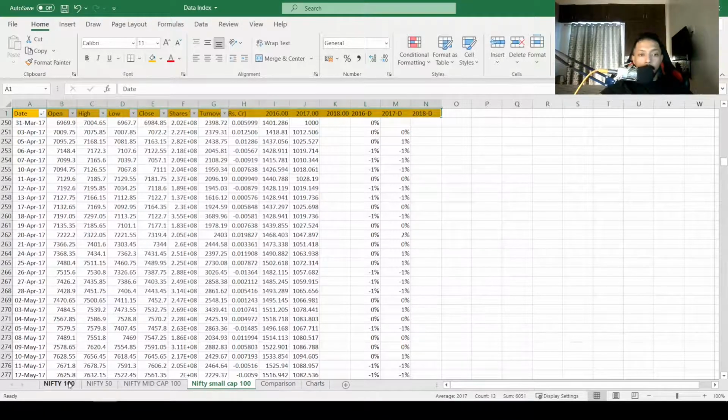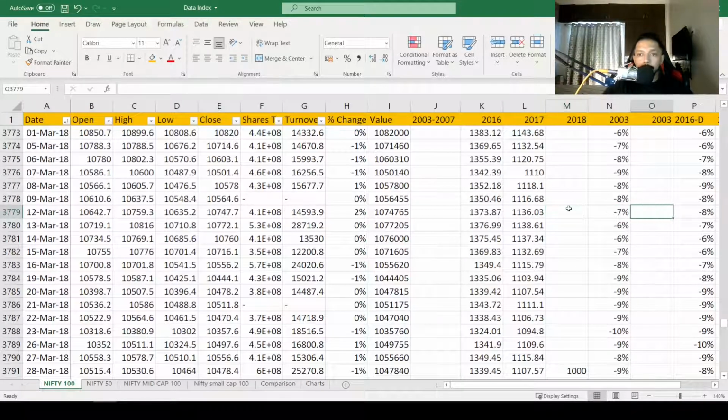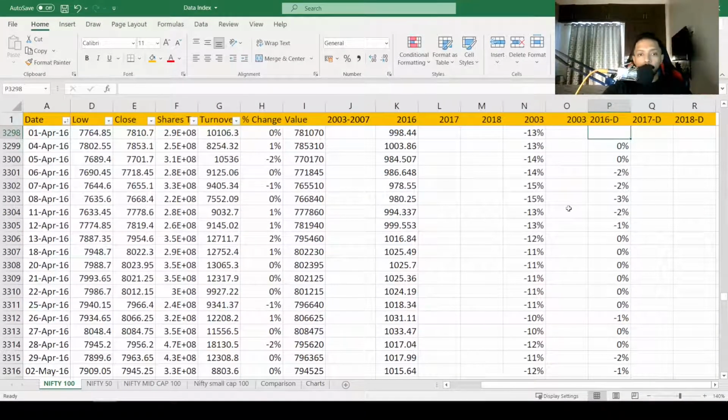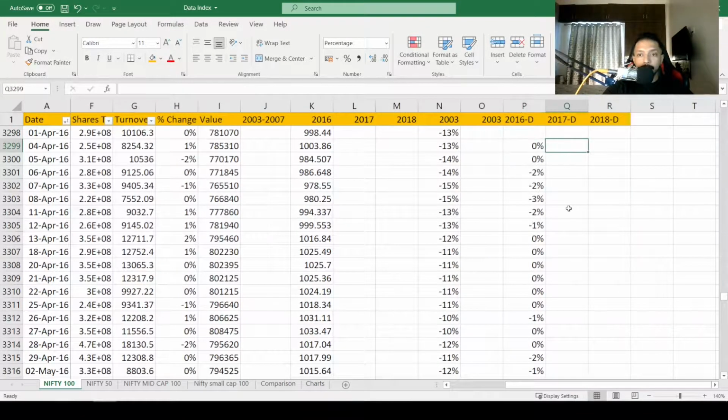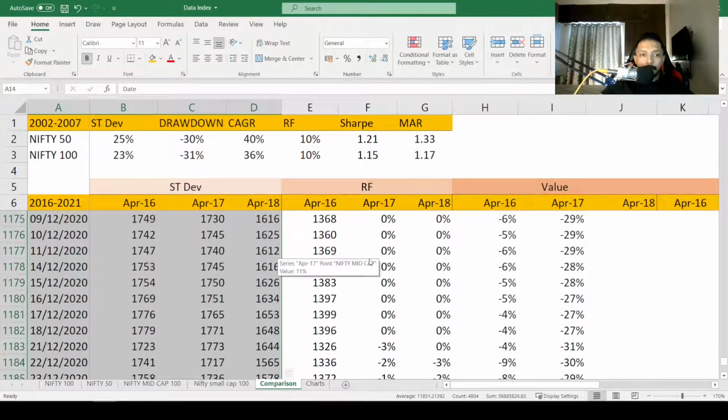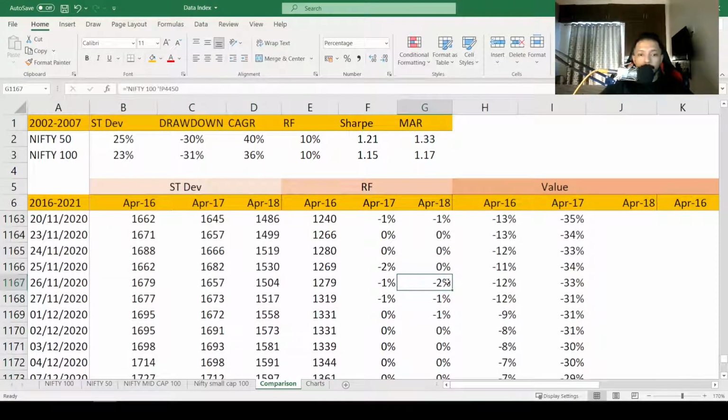Okay. Also, along the way, I have also calculated something called the drawdown. Drawdown is nothing but the retracement of the value of your portfolio from the highest point. Okay. And the same thing again, I've done it for 2016, 17, and 18, right? So let's see what the results were. Okay. We'll spend more time interpreting the results because the calculation you can always do anytime. Okay. So first of all, let me just show you the final chart that I got if I considered that the investment happened through 2016 in all of these indexes. Okay.